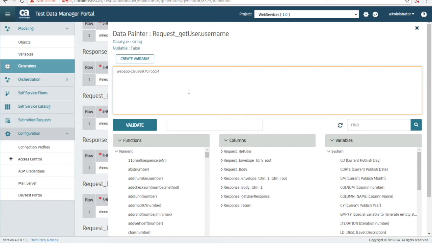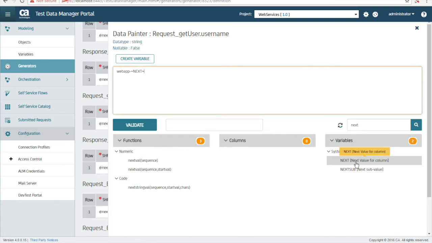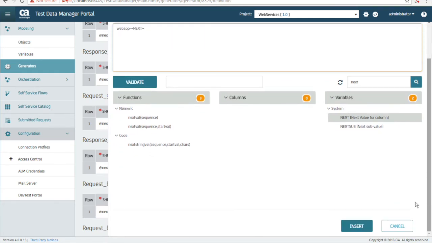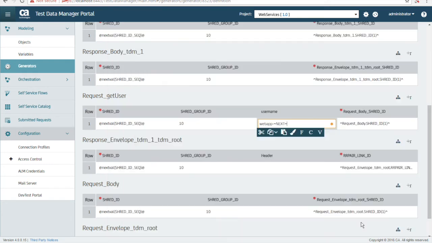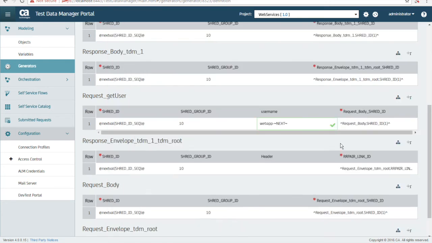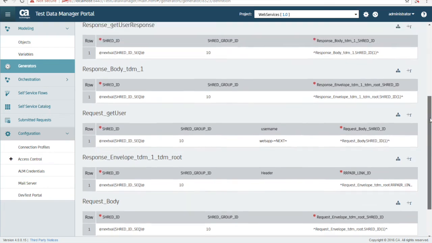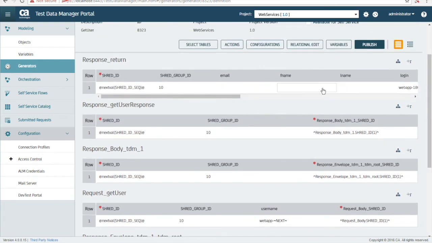So there are lots of functions within TDM. I'm going to stick with something relatively simple and remove the number string and just put in a function called next, which takes the next available number starting from 0. So all of my new web app IDs will start at 1. So we insert that. That's one function created,